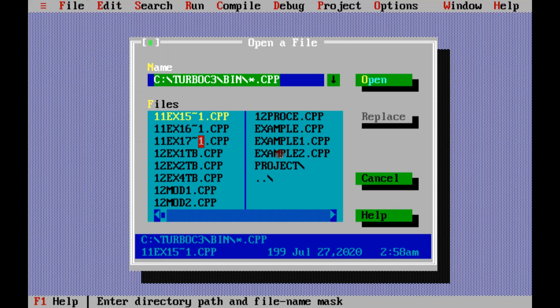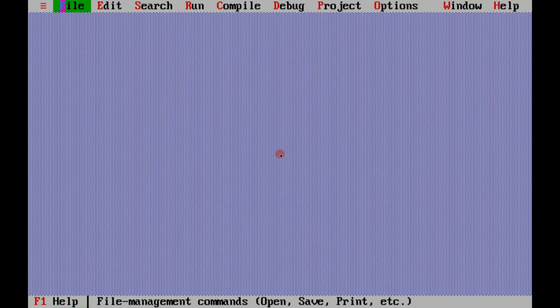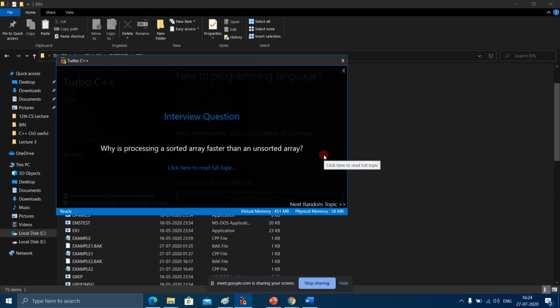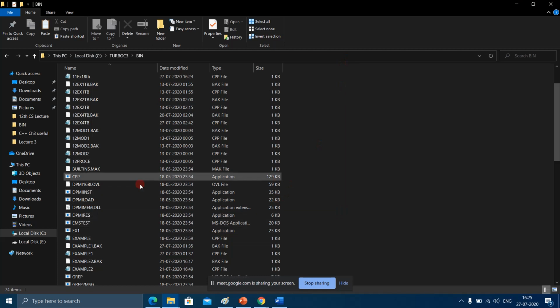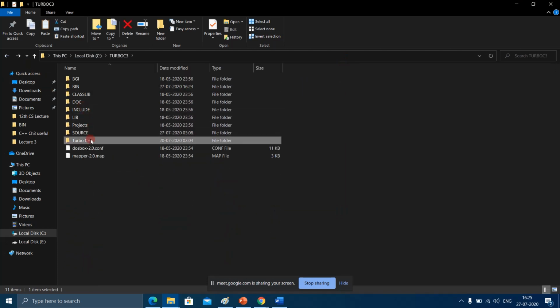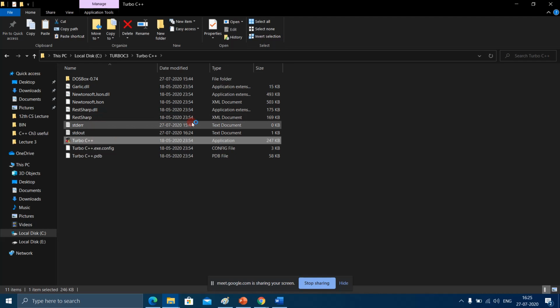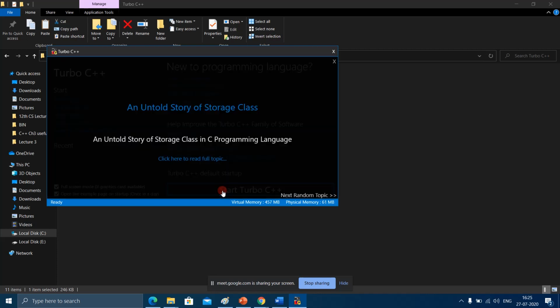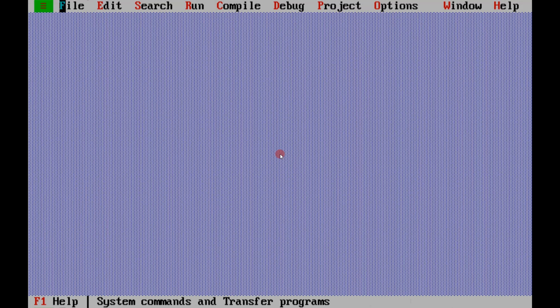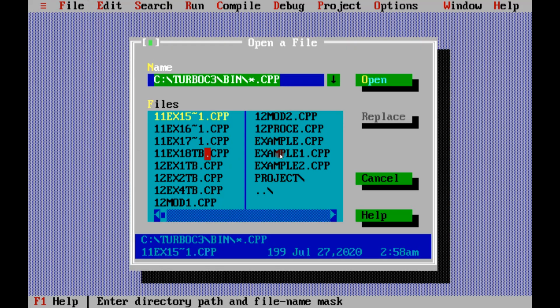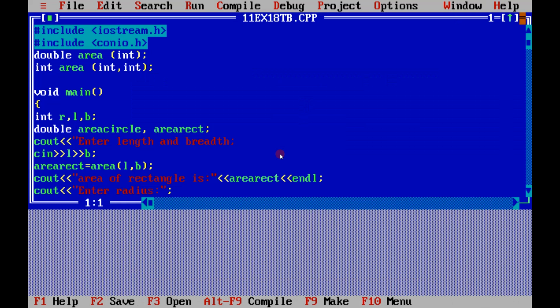So open, I'll have to run it again. So this is the program here.